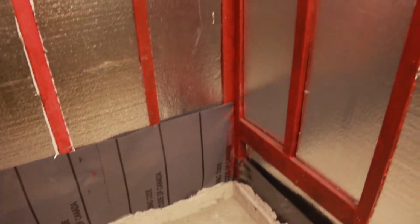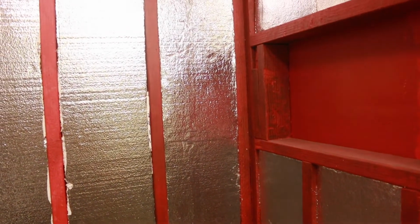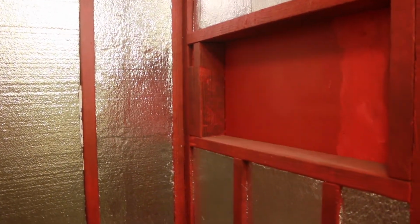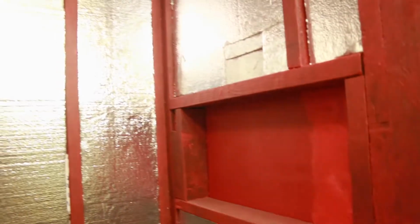I'm really focused on the reduction of the moisture traveling in between the walls and in that stud space. So you see I've got Redgard behind that shelf I'm putting in. That's going to be a giant stainless niche. And then you can see I put insulation. This is closed cell